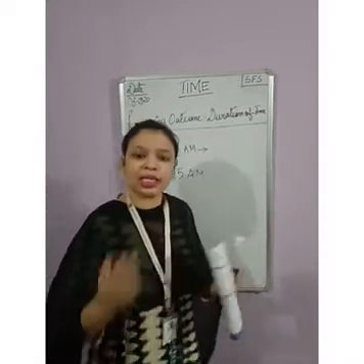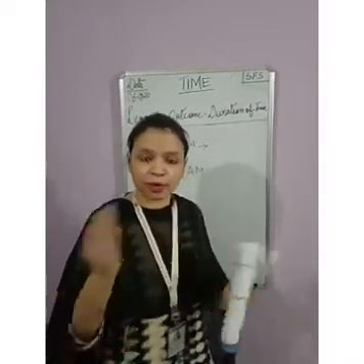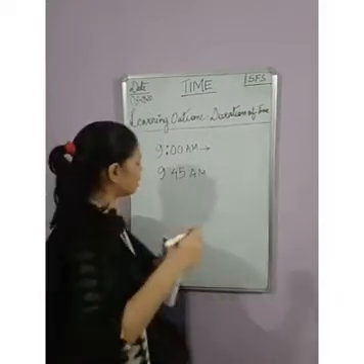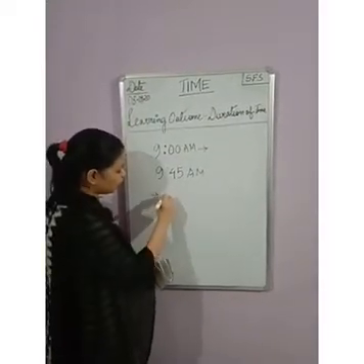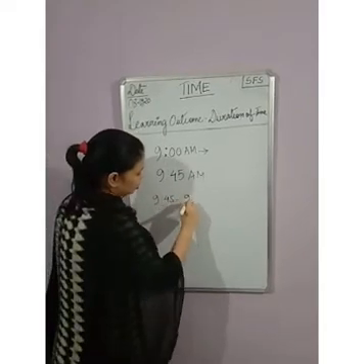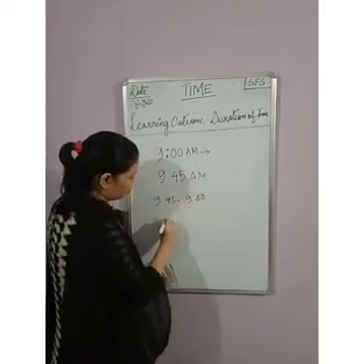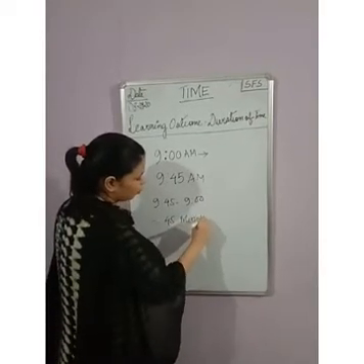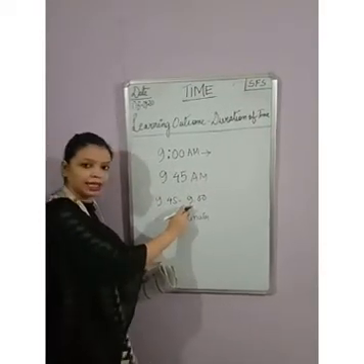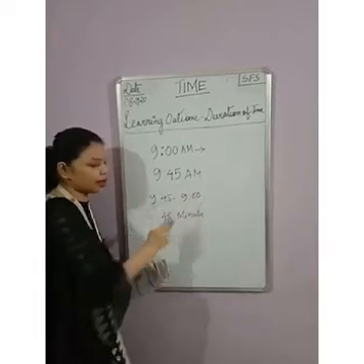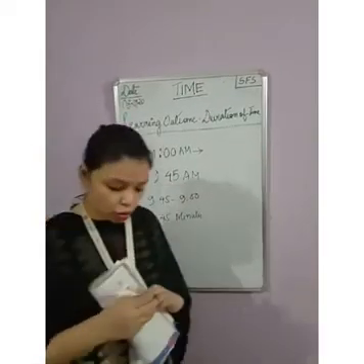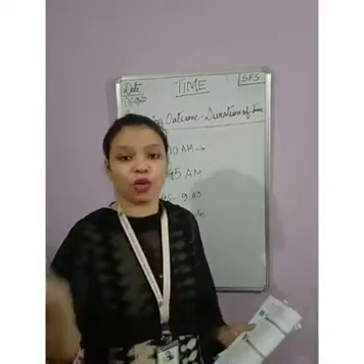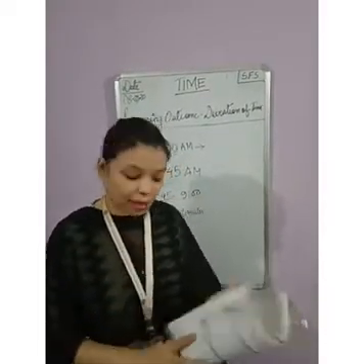Okay, so what is the time difference from your home to the place that you have reached? So how to find out? We will subtract, and we will get 45 minutes. How did we get 45 minutes? The 9 and 9 are the same, the hour is the same, and we subtracted the minutes. That means it took 45 minutes for you to reach the mall from your home. This is known as the time duration.